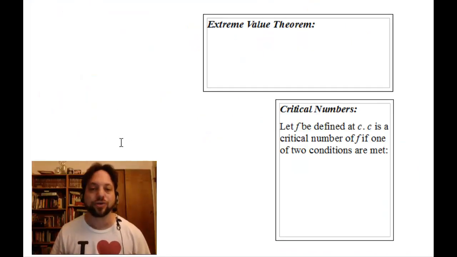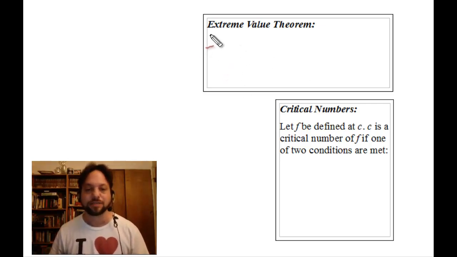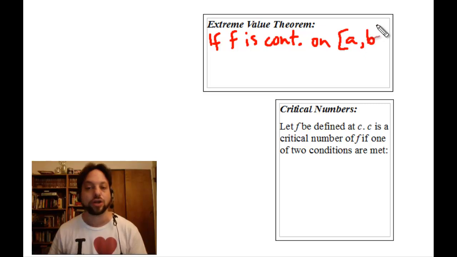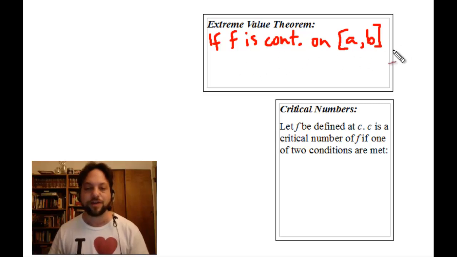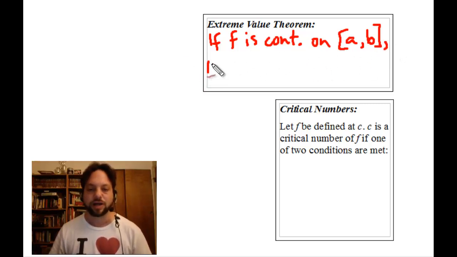Alright, so the extreme value theorem, which we're going to use in our procedure for finding maxes and mins, is very, very simple, and I would argue very intuitive. It simply says that if we have a function, we'll call it f, and if f is continuous on a closed interval, which I'm going to call a comma b, notice that the brackets are square. This is a closed interval. And if f is continuous on that interval, then f will have both a max